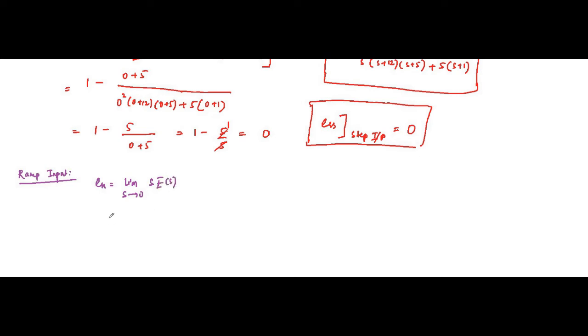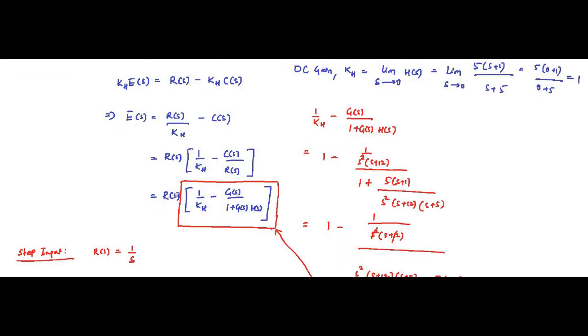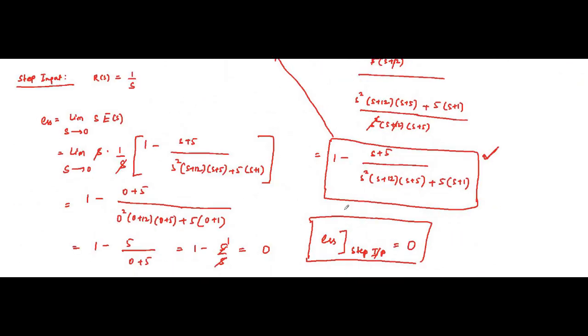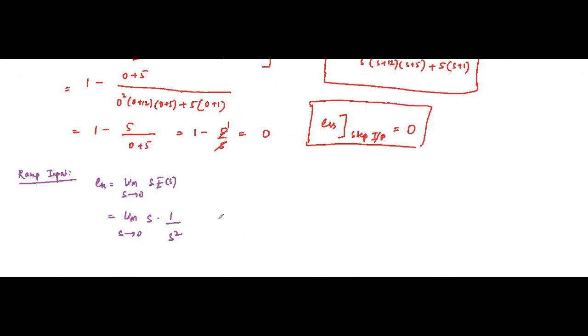So here it will be limit s tends to 0 s into 1 by s square, okay. In place of rs we substituted 1 by s square, and 1 by kh minus gs by 1 plus gshs, that we will substitute with this. So it will become